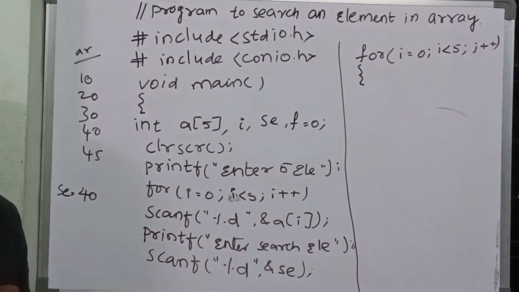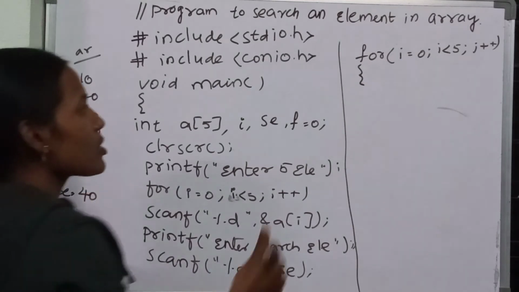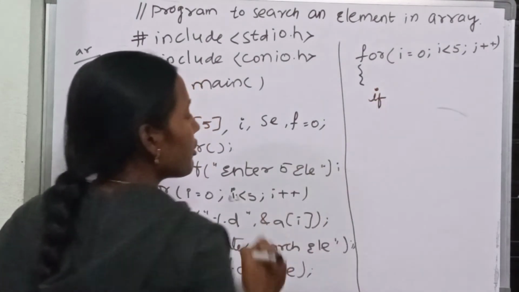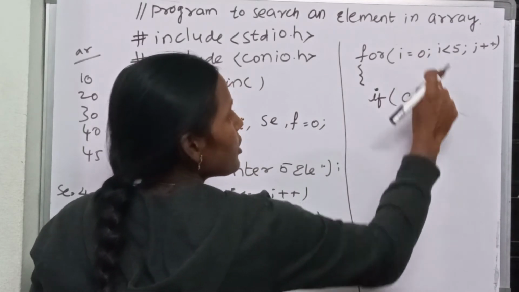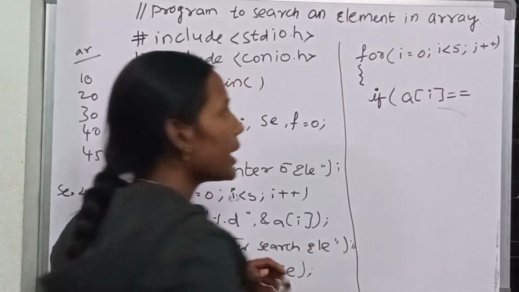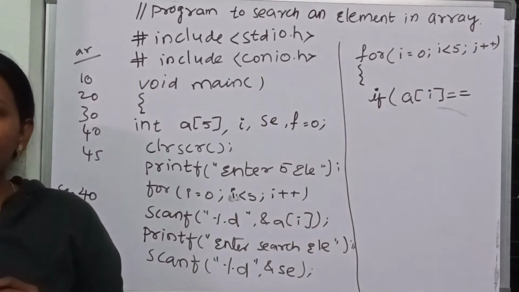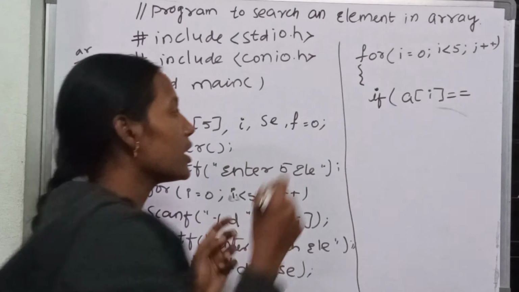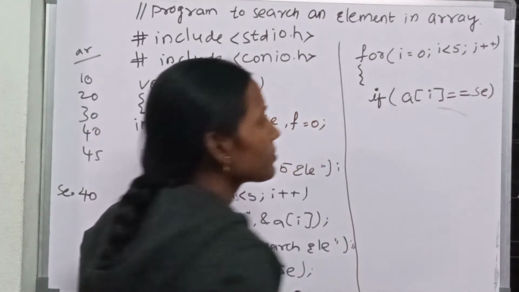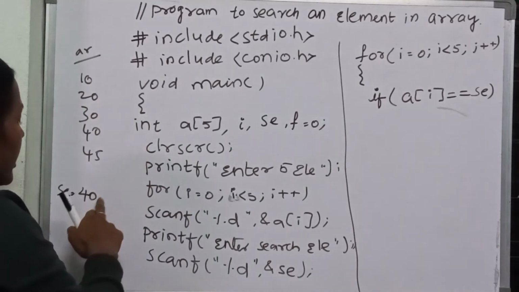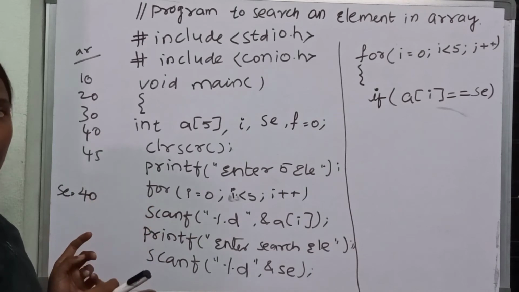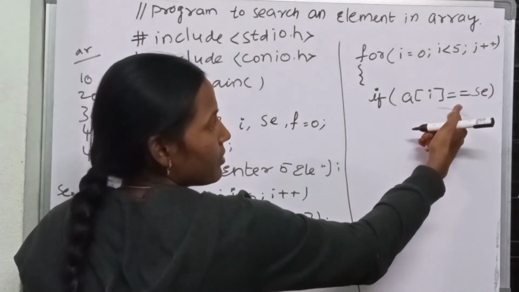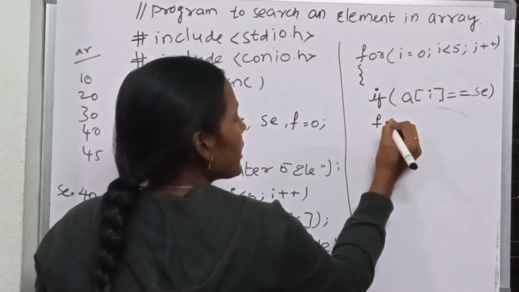That means when you compare an element, we need a condition. So that means conditional statements we have to include. So what is the conditional statement we have? If a of I, that means first is 0, a of 0 is to be compared with the comparative element, right? Now this element is to be compared with the SE. Now that means the first element is comparing with the 40. If both match, stop the program. Otherwise, continue the program. If a match is there, if the comparison is there, I am incrementing the value of f.